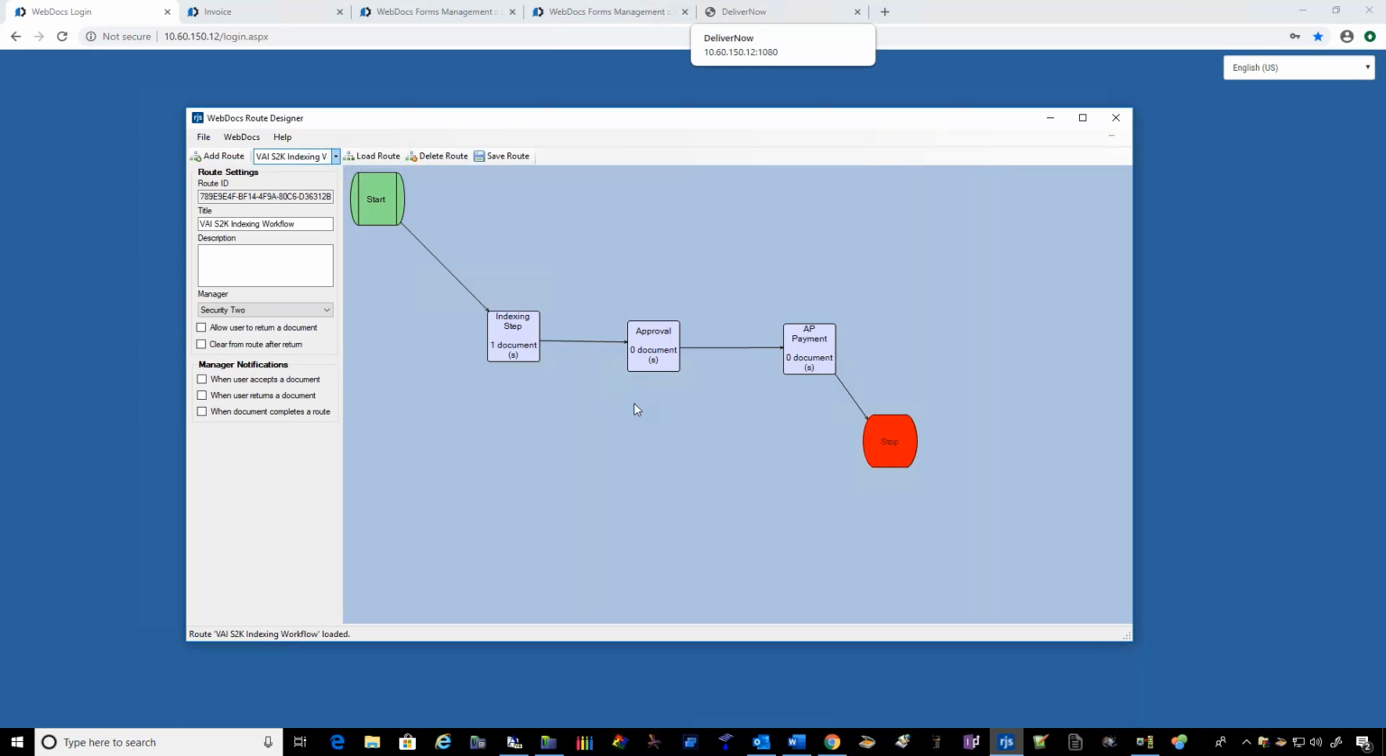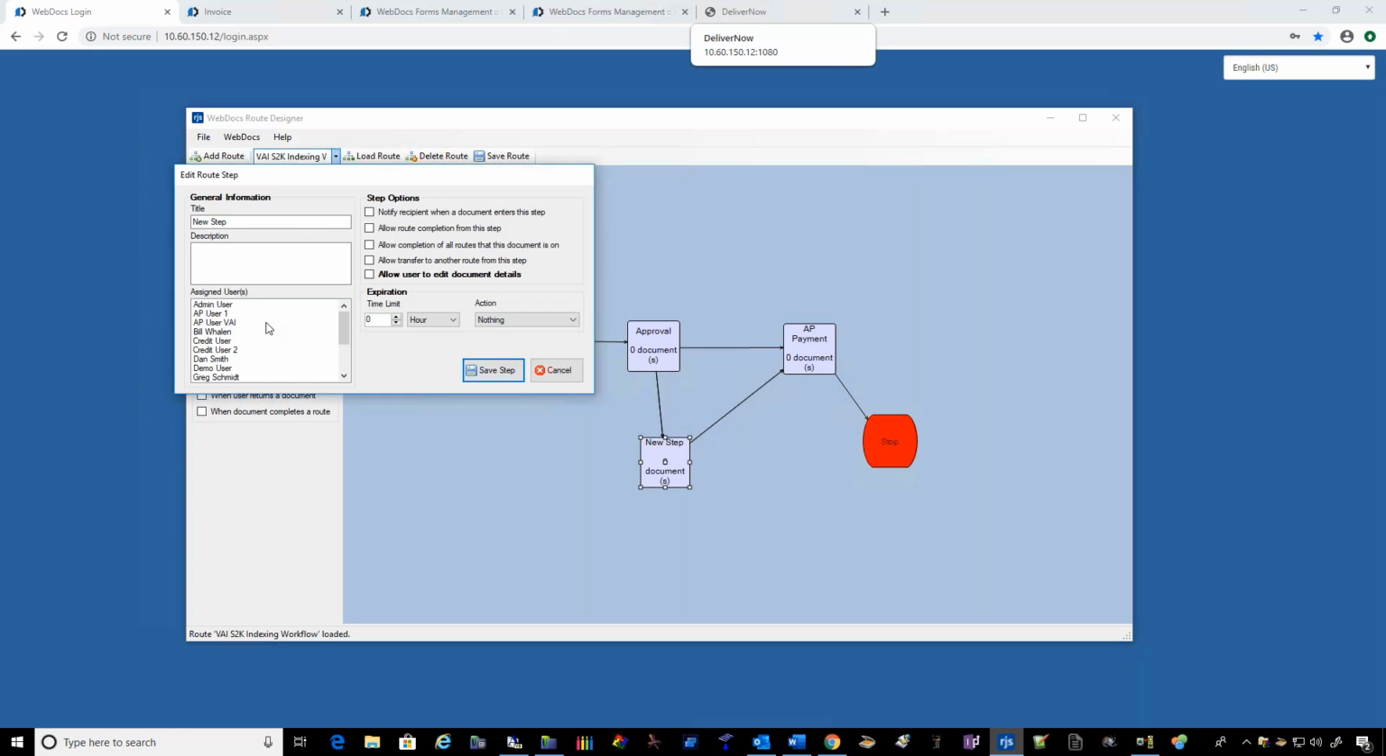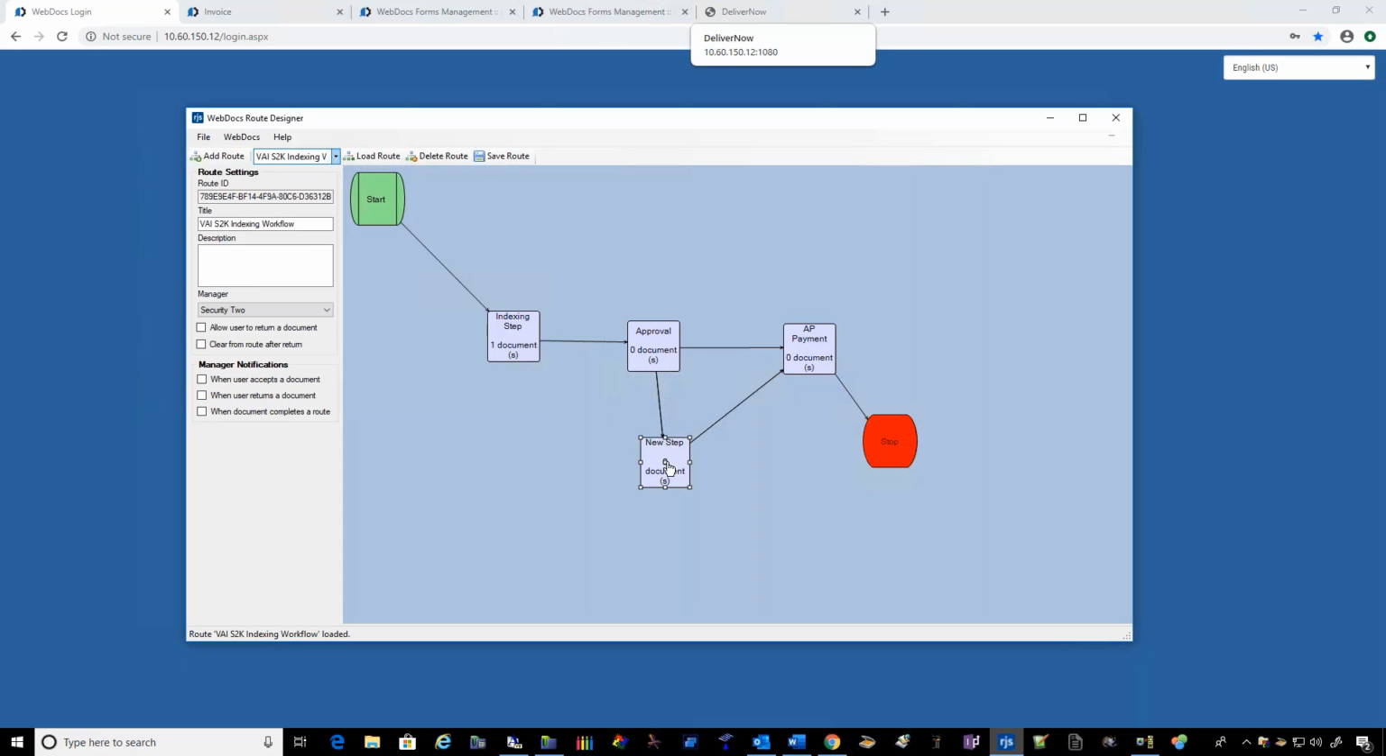So we can set these different workflows up inside of here from that standpoint. And these workflows are very easy to create and modify. So if I need to add another step in this process, it's as simple as drawing a box, drawing my input from that step, drawing my output from that step, double-clicking on that step, adding a user or users, and then